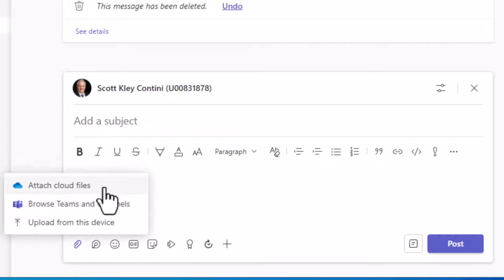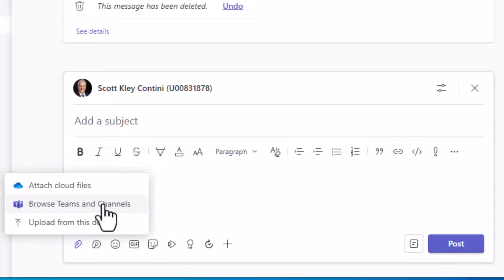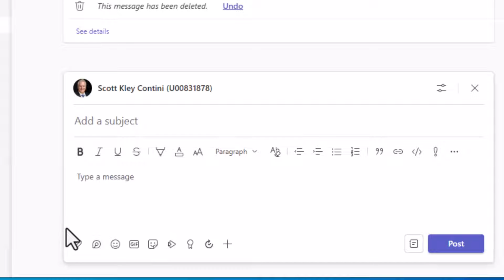And either browse your cloud files or your OneDrive. It'll automatically link to your OneDrive. Browse the teams and channels for common Teams files that you already have in place, or upload directly from your computer. Once you have attached a file to a message in a channel, that automatically shares and uploads that file